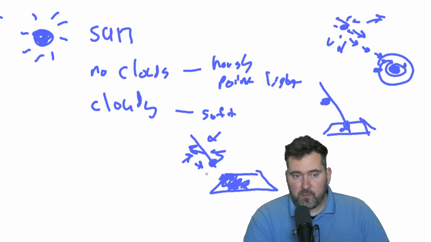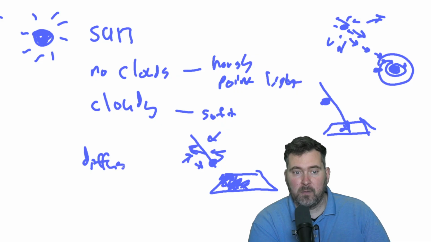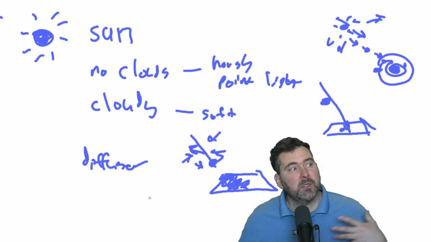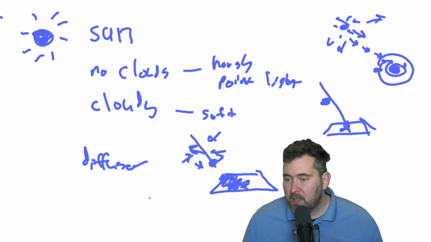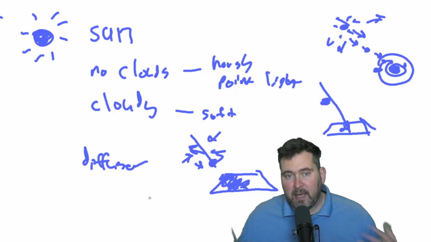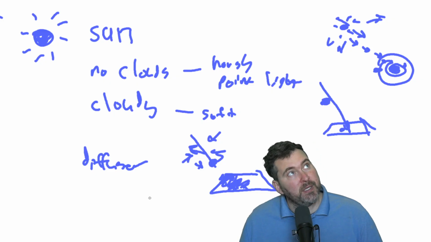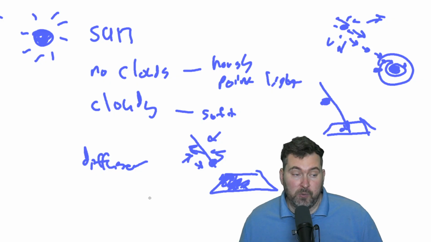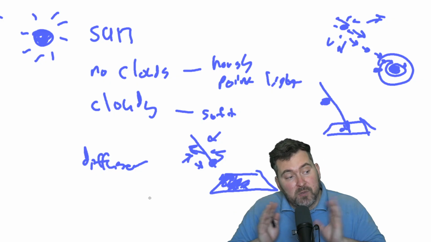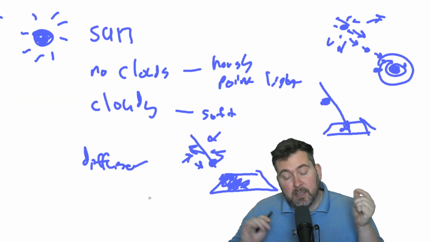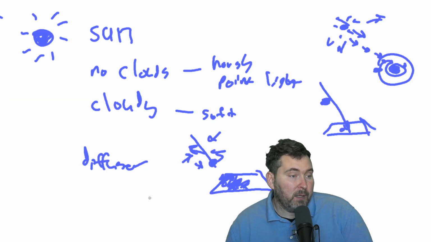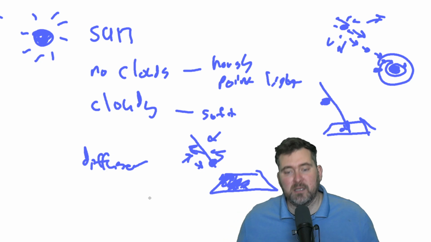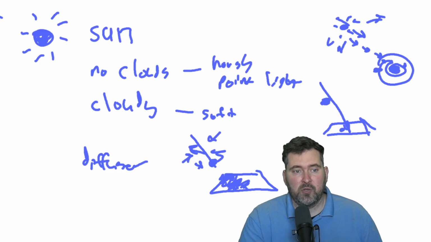And this is a really important thing called a diffuser. You can make your own diffuser by using things like thin sheets of muslin or some kind of cloudy looking plastic. And you'll notice these in lighting. In fact, a lampshade is designed to take the light that used to be just a single point light from a light bulb and turn it into something that is much softer, because as the light travels,